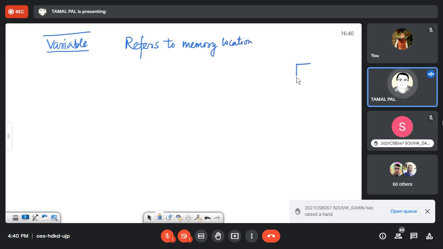Informally speaking, a memory location is used for holding some value, and since it is a part of the RAM, you can erase that thing and put a new value. So the value in that location can change. That's why it is a variable. So in C language, we refer to variable in this way.